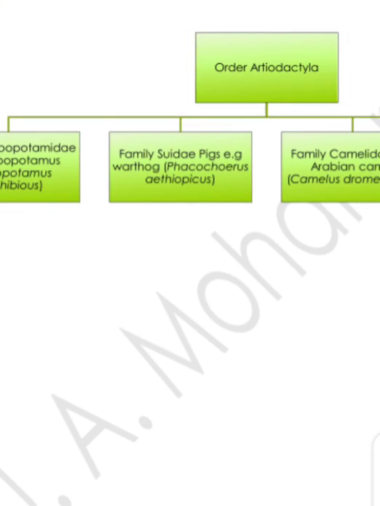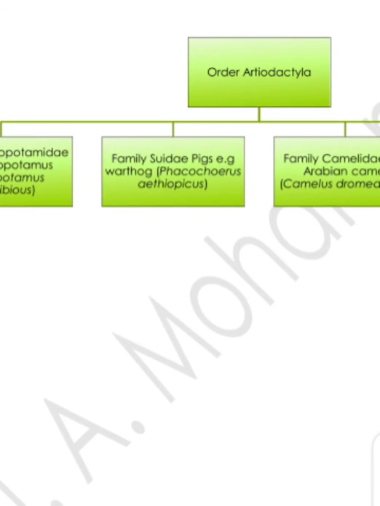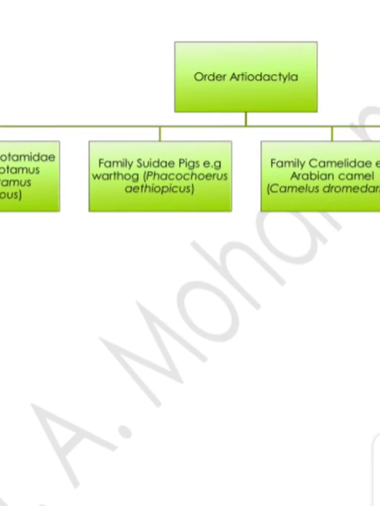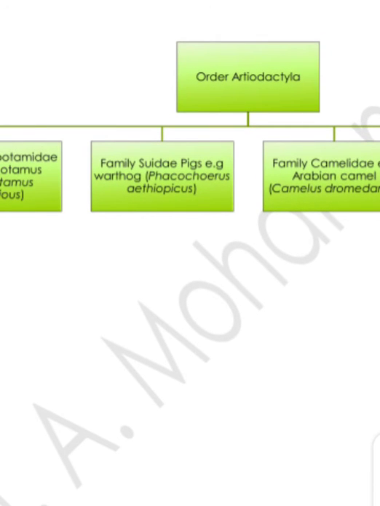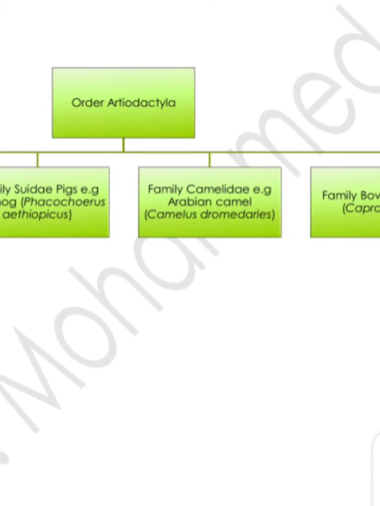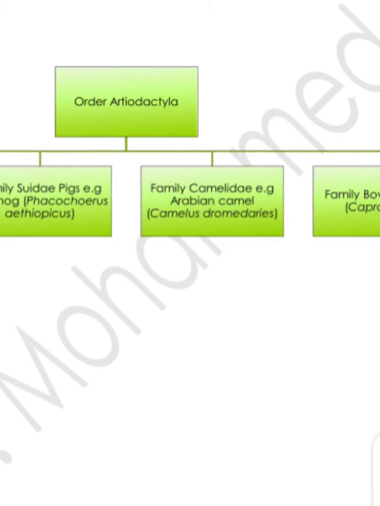Next is the family Suidae, the family of the pigs, and the warthog belongs to this family, which is Phacochoerus aethiopicus. Another family is called the Camelidae, which belongs to the camels. The Arabian camel is a typical example, the Camelus